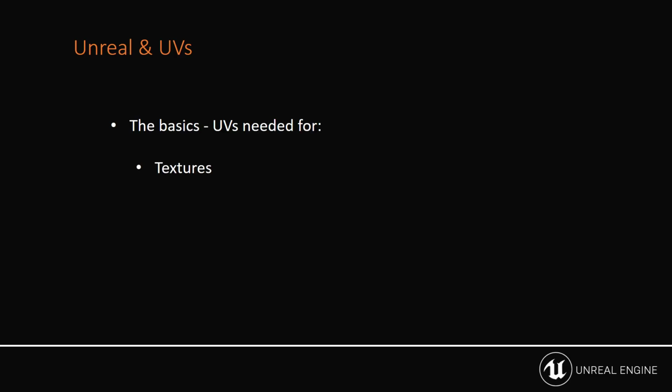Well, the basics of Unreal when it comes to texture coordinates, or UVs for that matter, is that UVs are needed for two things. For textures, for those things like logos, or perhaps a leather texture or something that carries across a surface. But in Unreal, for a real-time environment, we also need them for something that we call light maps. And light maps is this place that we store lighting data, essentially almost like an image format where we can bake it down, and this way it allows us to carry this forward as a very light and efficient method to be able to visualize data without having to have the overhead of the complex